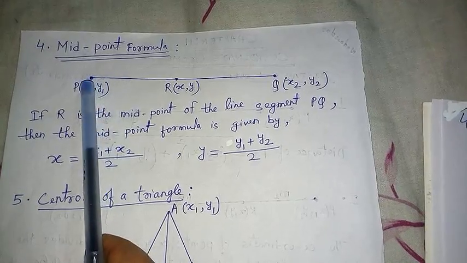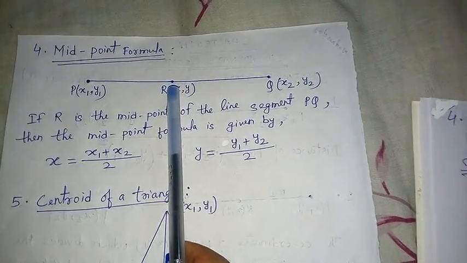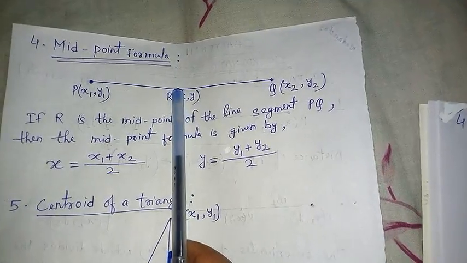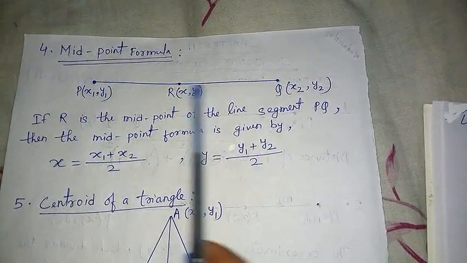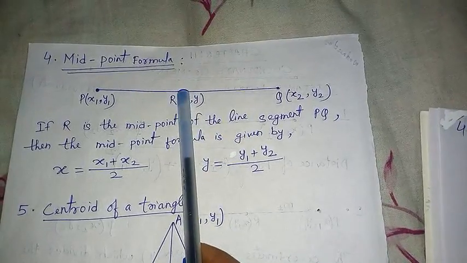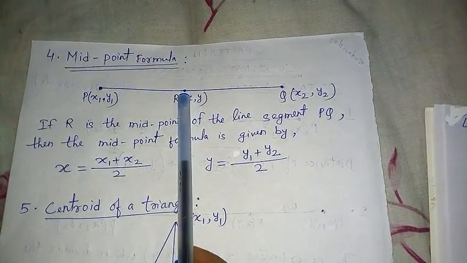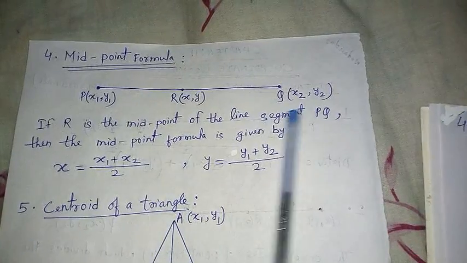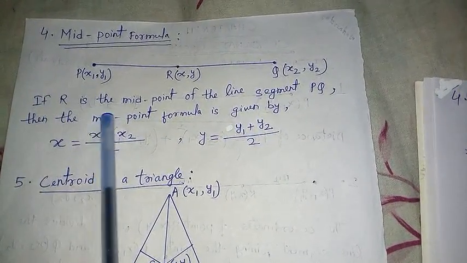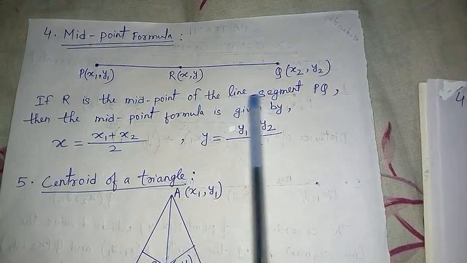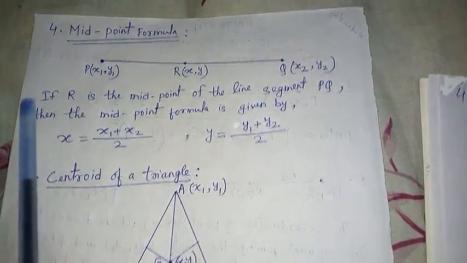Suppose this is a line PQ and there is a point exactly at the middle of line PQ. Suppose it is 10 centimeter long and this R is just at the point of 5, that means 5, 5. So in that case, what will be the formula? Now here I have written one thing. If R is the midpoint of the line segment PQ, then